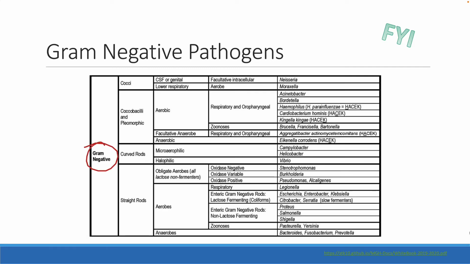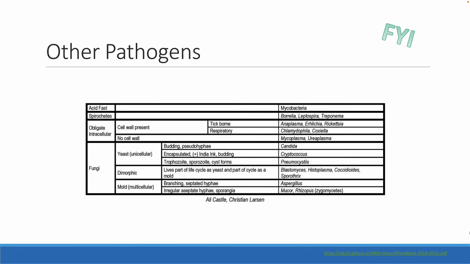Here are the gram negatives. Here are the acid-fast bacilli. Whenever you see an acid-fast bacillus, that's mycobacteria. That's TB or some other mycobacterium, but never a good thing. The spirochetes, as we said: Treponema is syphilis. Borrelia is Lyme disease. Okay? And then the fungi are also shown here, so you can see that yeasts are unicellular, molds are multicellular, and there are cheats there for you to recognize which is which.